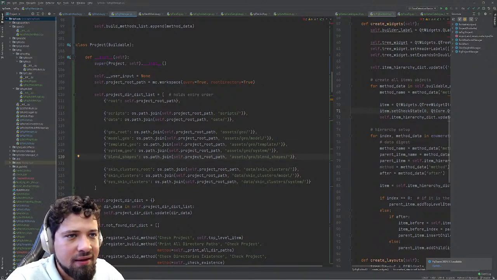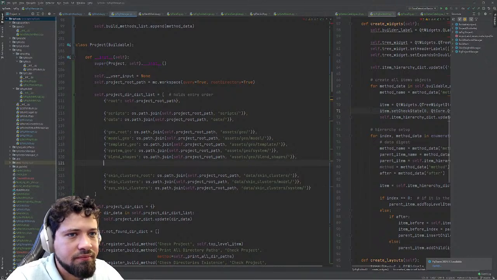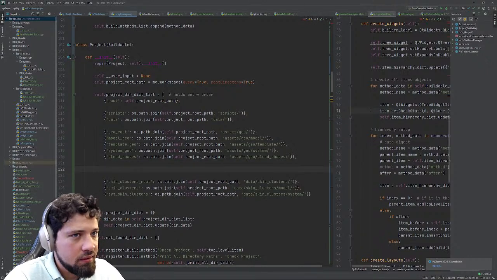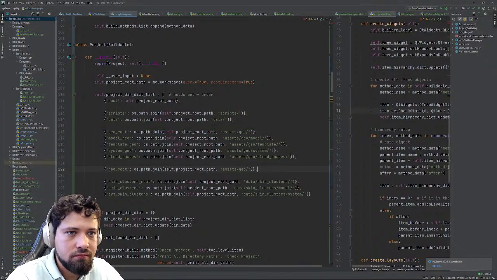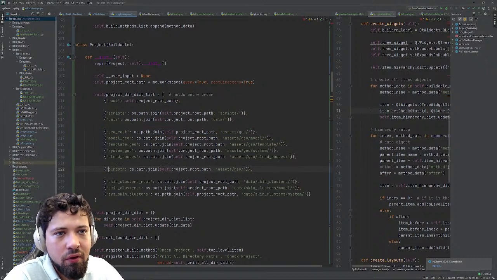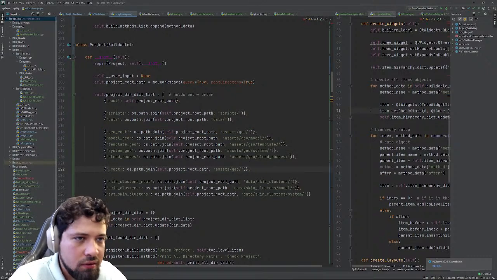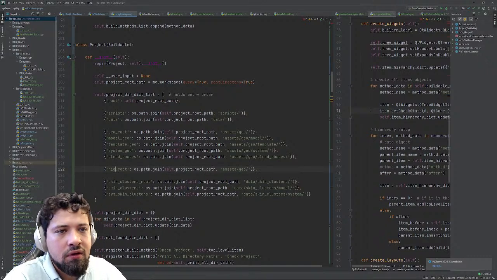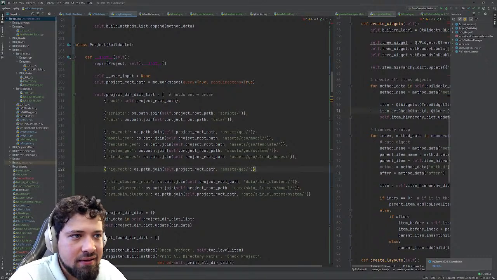I need it to be on data, but so we have the assets folder. Then inside of the assets we have the... I'm just going to create a new folder inside of the assets. That could be wrong. So rig assets, and then